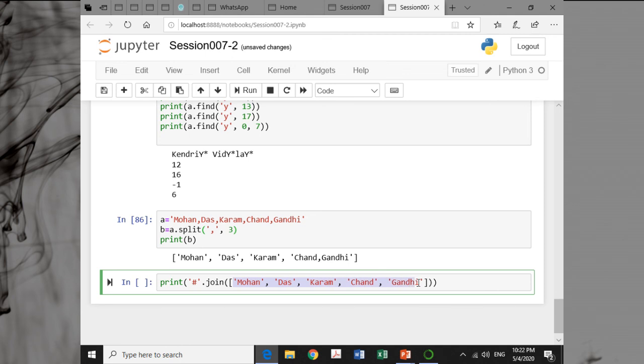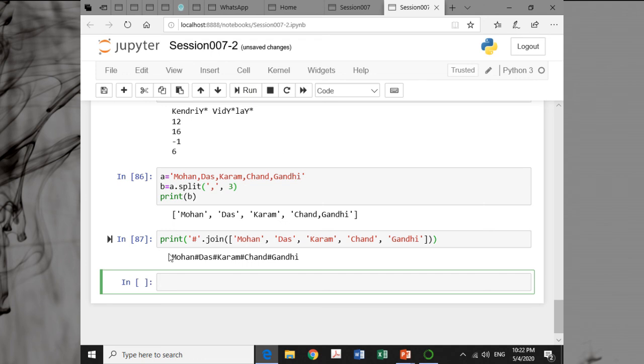It will join all these 5 strings into one, opposite to split somehow. And the joining character, the concatenating character will be this hash sign. Just run it simply. Mohan hash Das hash Karam hash Chand hash Gandhi.